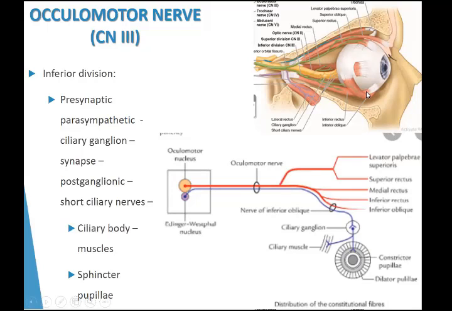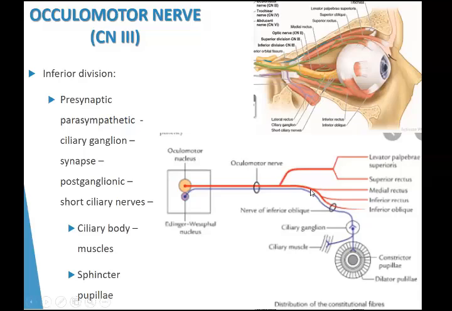Okay? Now this is the oculomotor nerve. It arises from the midbrain with two types of fibers: purely motor fibers, and the ones in purple or blue are parasympathetic fibers. Together they make up the oculomotor nerve. The oculomotor nerve runs forward and divides into two divisions: the superior, supplying the levator palpebrae superioris and superior rectus muscle,